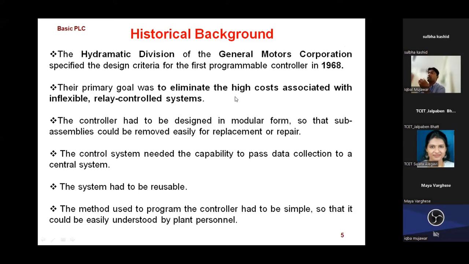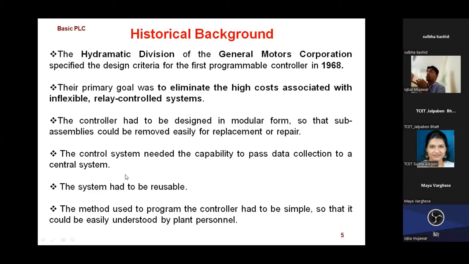Nowadays, we are getting very small relays. But at that time the relay size was very big. We can say the entire wall size, two or three walls, was taken up by the ladder relay coding at that time, and with that much huge component and wiring, identifying and troubleshooting was quite difficult. This was replaced by a small box, no doubt a big box also at that time. The PLC was very big in size, but still within that small area we can easily do the troubleshooting, and it is in a very logical form. We can see in further slides exactly why it is easy compared to a relay-based circuit.